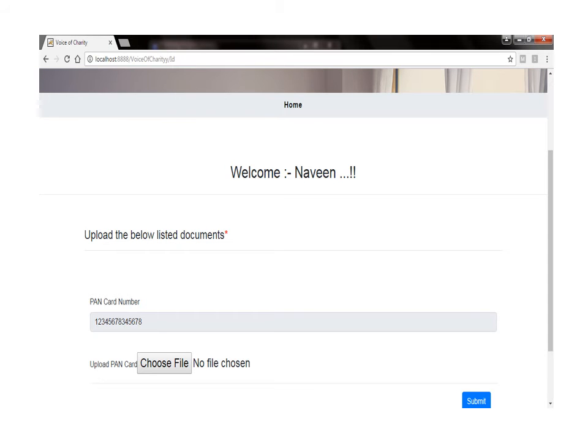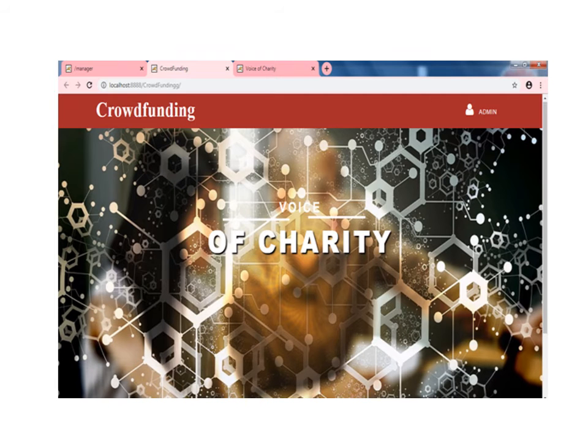So you are uploading a PAN card, choosing a file to upload the PAN card. You must do validation processes of the bank domain. First, email and verification are very important. The OTP password is automatically generated. See the next page. This is the bank domain for the admin page of Voice of Charity, based on the purpose of admin, user and third-party client. It is one of the best security features of this project.